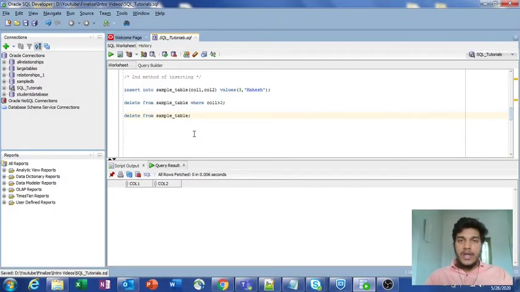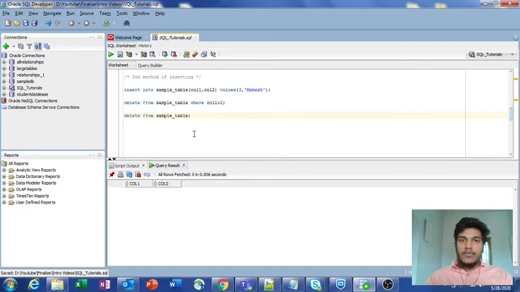In today's video, I am going to explain one more data manipulation command in SQL, and that is nothing but the update command. We have two types of update commands here. One is modifying a column value for only one record. We can also modify multiple records based on some particular condition.